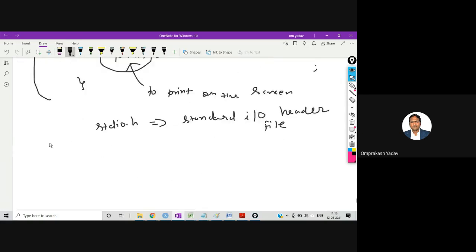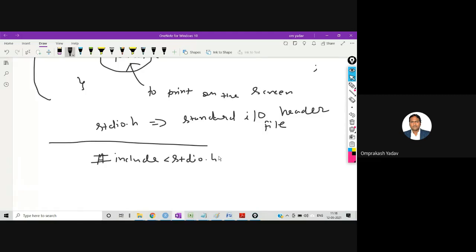The program can also be written like this: hash include stdio.h, int main.